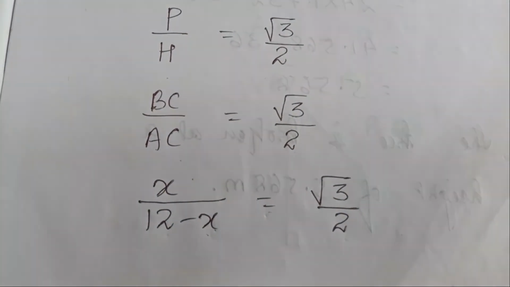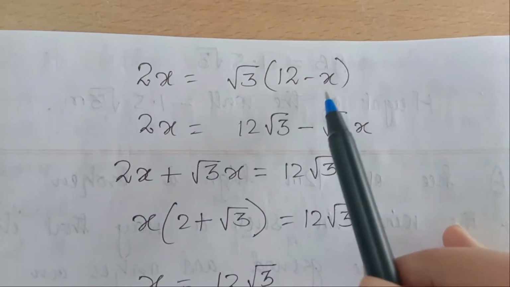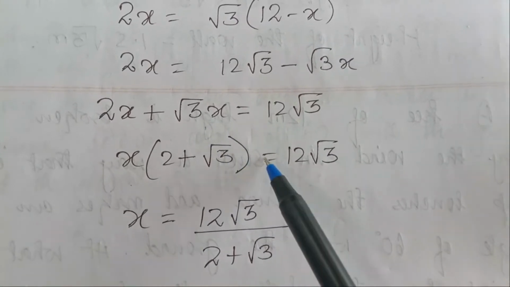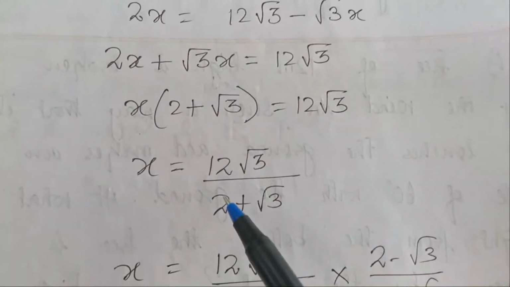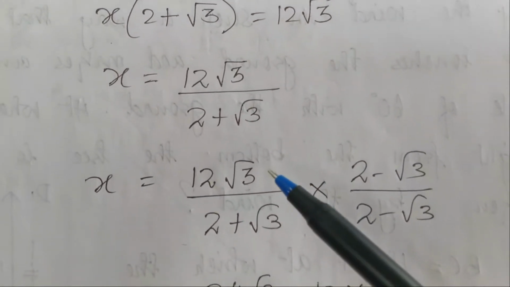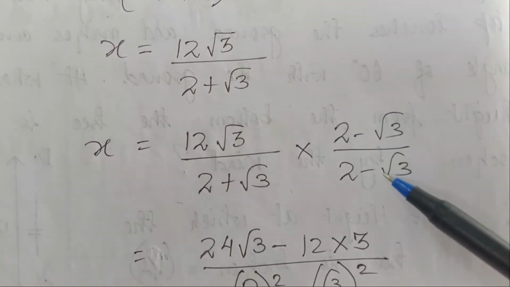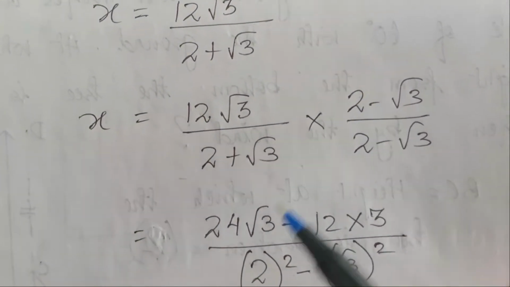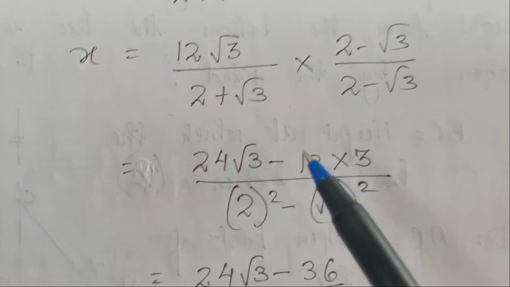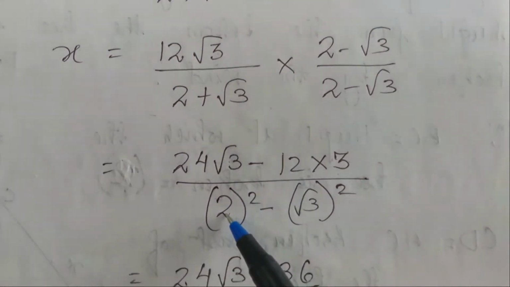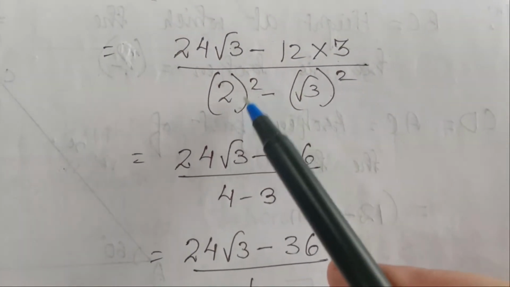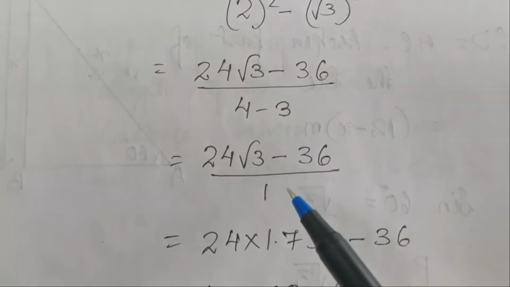Do cross multiplication. Then after doing cross multiplication, keep X on one side, then take X common here, so that 2 plus root 3 you will get equal to 12 root 3. Take this number to the right hand side, it will be in the denominator. Now we cannot keep a root in the denominator, so we have to rationalize it, change this sign, then multiply. Then 12 2s are 24 root 3 minus 12 root 3 into root 3 is 3. So 12 into 3, this is a plus b, a minus b, which is a square minus b square. So 24 root 3 minus 12 3s are 36 by 2 square is 4, 4 minus 3. So 4 minus 3 is 1.